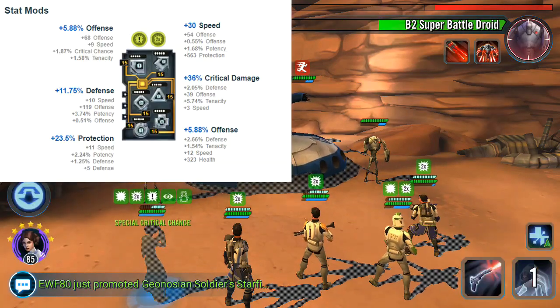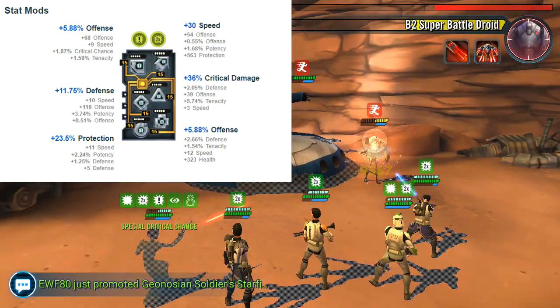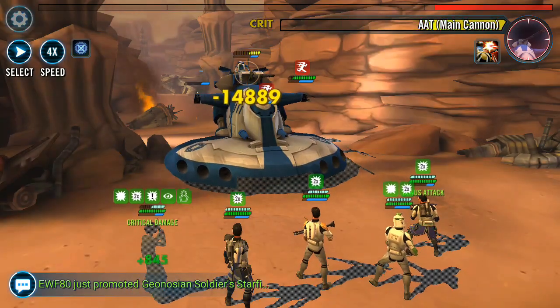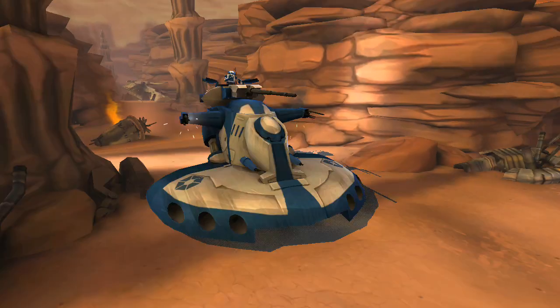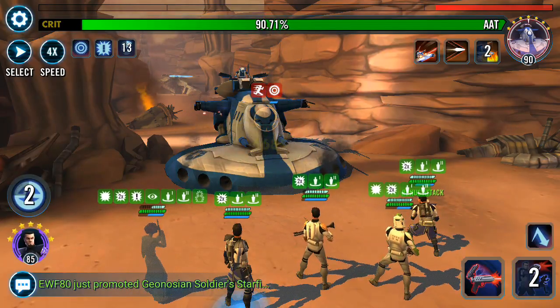So a lot of people are starting to stack offense on her cross mod, and at least some people are starting to stack offense on her arrow mod as well instead of speed. So really getting more damage in with her with those offense arrow and the offense cross mods is really going to help stack up her damage. A lot of people are getting 20 to 21k easily with her attacks,